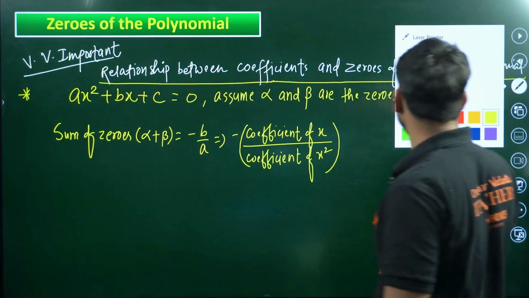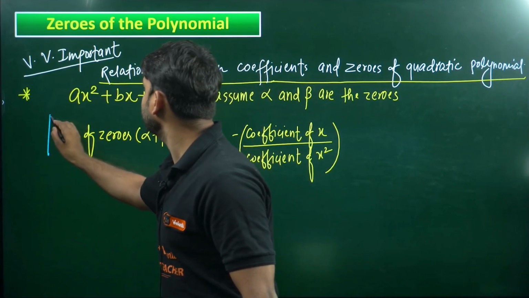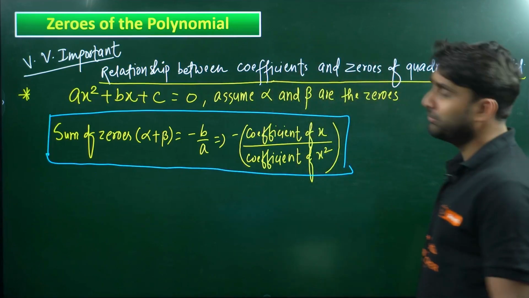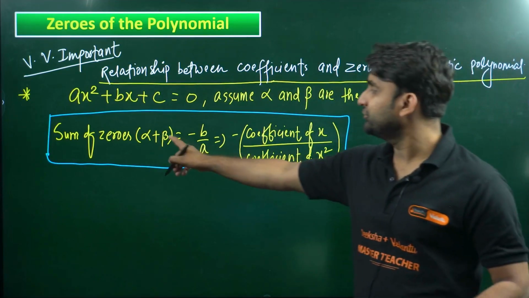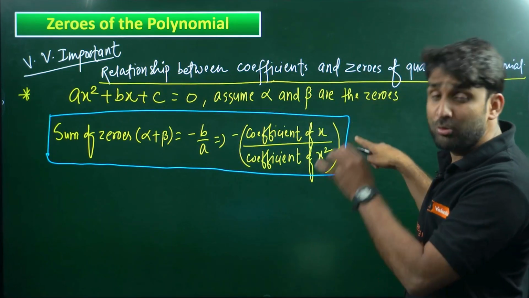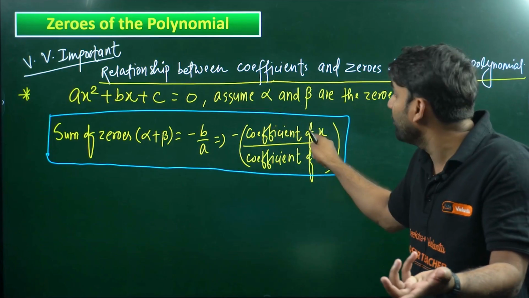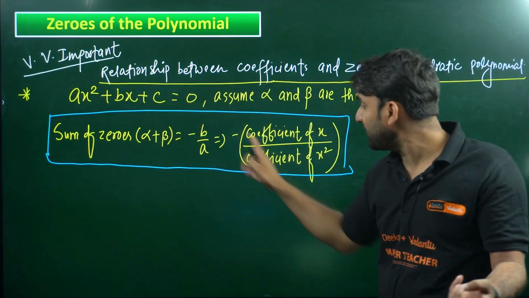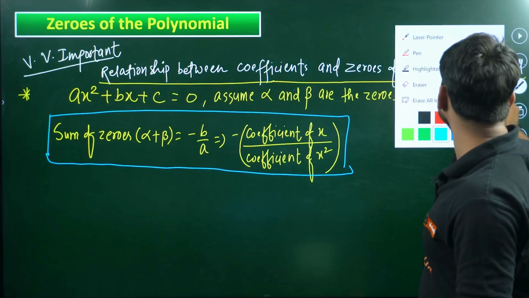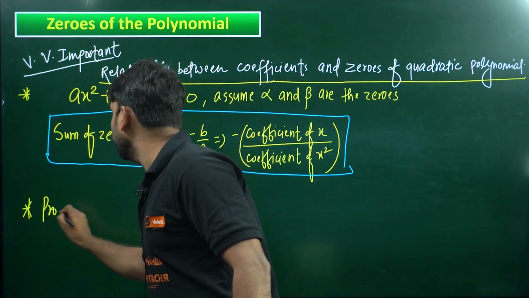This is the relationship between, champions, sum of zeros and coefficient. I hope the formula is clear to you. The sum of zeros, alpha plus beta, which we have assumed for this quadratic equation, is equal to minus b by a, where minus is the minus sign, b is the coefficient of x, clearly visible there, and a is the coefficient of x square. This is clear. Now the second formula comes up here, champions: product of zeros